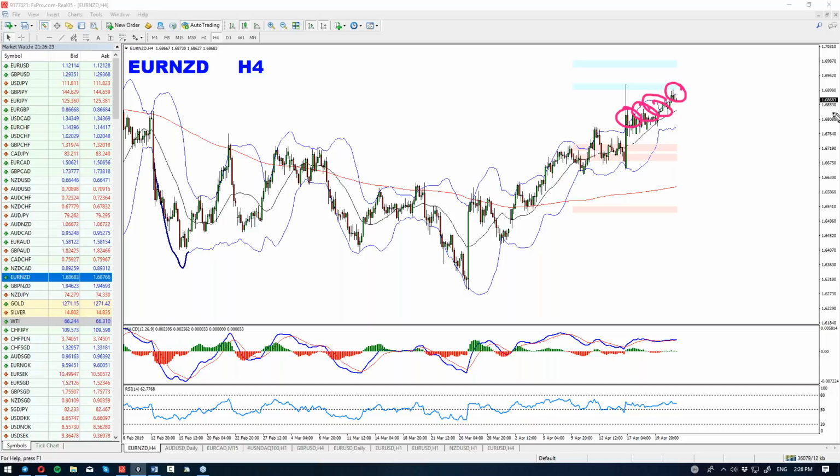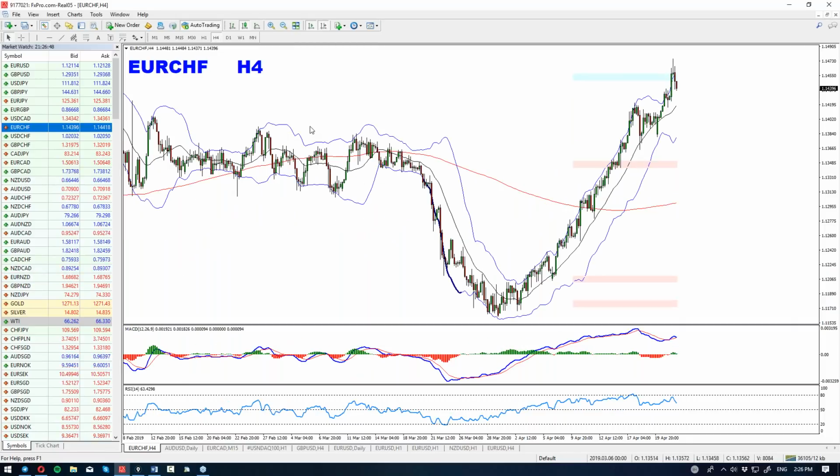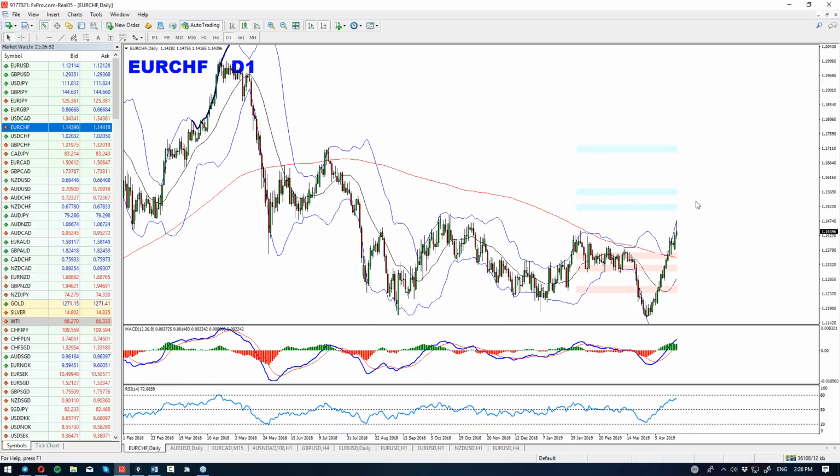Okay? Trade facts. Why is it important? Because it doesn't guarantee anything, but it increases your chance to be right. As simple as that. Trading is a business of statistics. When you improve the numbers and the odds in your favor, you have better chances to be right. As simple as that. Next one on the list is the Euro franc, a skyrocket, which reached a very good